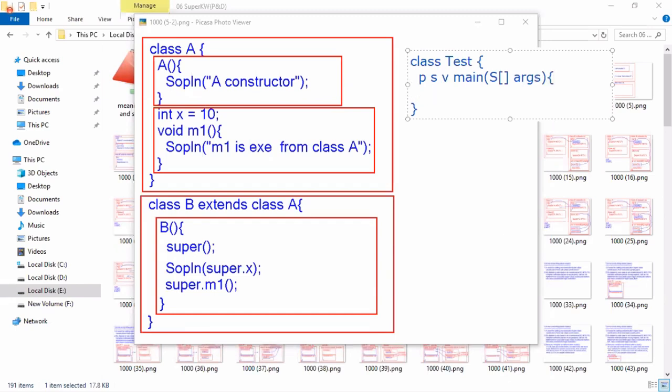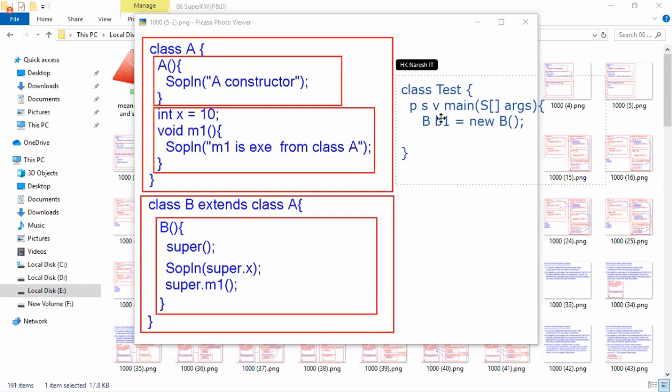Inside the main method, I'm creating the object, B b1 equal to new B. That's it, I have written just one statement, b1 equal to new B. What happens? Everyone guess and tell me. You are very much aware of this concept. You all know the execution flow very well. Just apply the execution flow and tell me what happens.